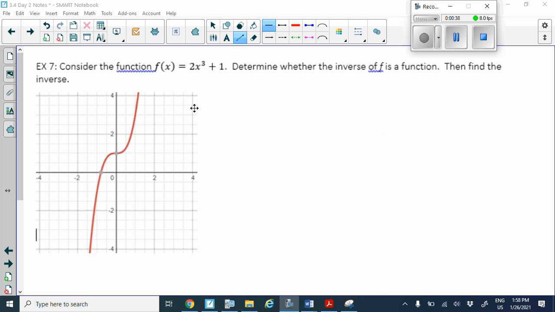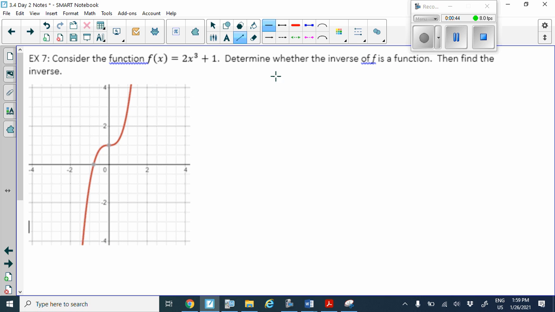Okay, so let's see if the inverse is a function. Remember, we have to use the horizontal line test. So go ahead and draw this. When we are using the horizontal line test on the original function, we should only hit one x at a time. If I move this up and down, notice that I'm only hitting one x value at a time. And even here, though it looks like I'm hitting multiple, no, this is actually increasing as it goes. So, because it passes the horizontal line test,